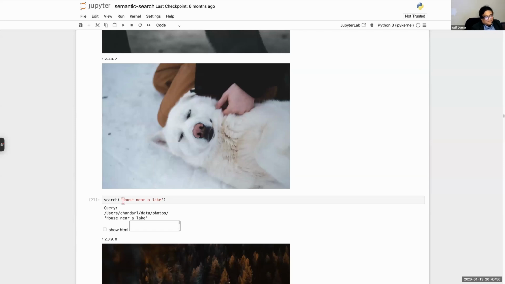Now I ask for something that looks deceptively simple. A house near a lake. Now there are two layers of meaning in a house near a lake. House near a lake is literal, a house near a lake. But the house near a lake could be some industrial building next to a lake with graffiti on it or whatnot. Right? But when people talk of house near a lake, what is the feeling that it evokes? We all want to run away from the madding crowd, from the corporate, from the cities, and have a beautiful house next to a lake, a solitary house.